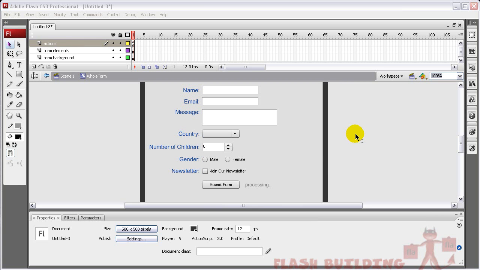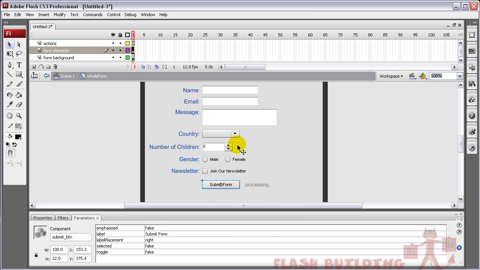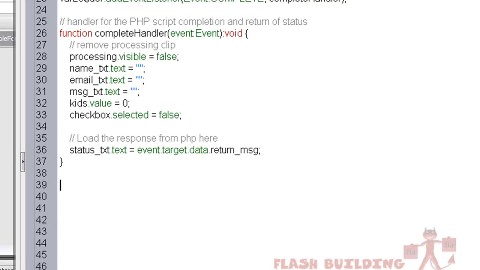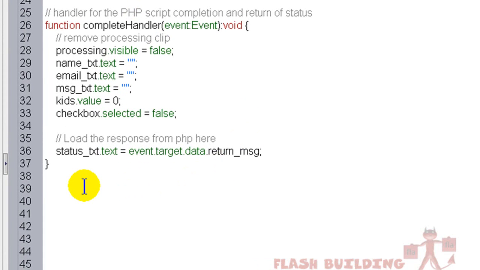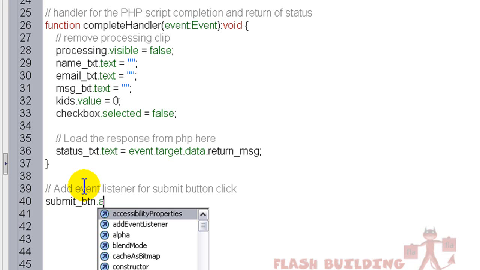Okay, now we're going to add an event listener and create the function necessary for when the user clicks the submit button to send all the data to the PHP file along with all the variables. So let's make ourselves a note or comment here and say add event listener for submit button click, and that will be submit_btn, that's the instance name on the button, dot addEventListener,